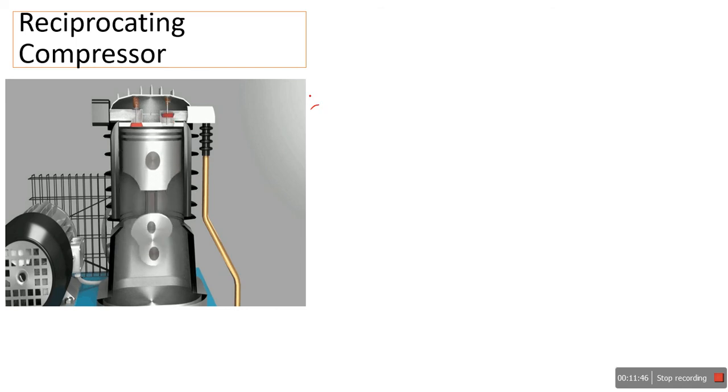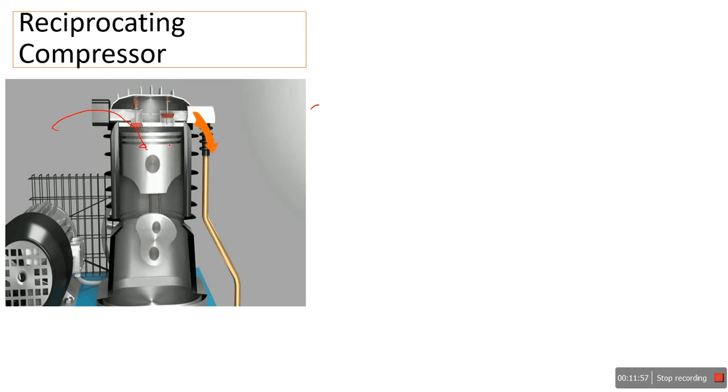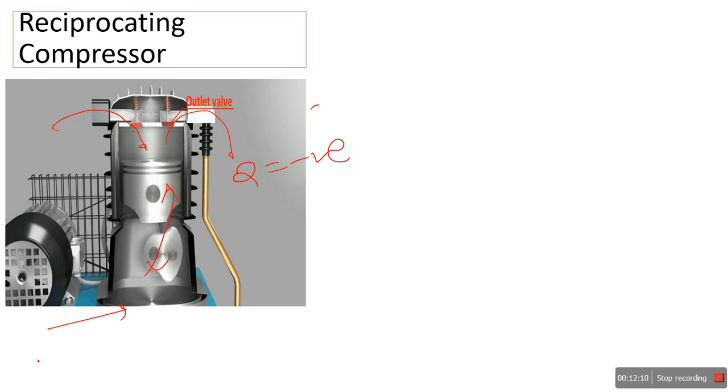Now the reciprocating compressor. We know that the reciprocating compressor is a work absorbing device where cold air is sucked in and the outlet is high pressure, high temperature air. So Q is rejected by the system, and I assume that Q is negative. And the reciprocating motion is because it absorbs some electric work via a motor.